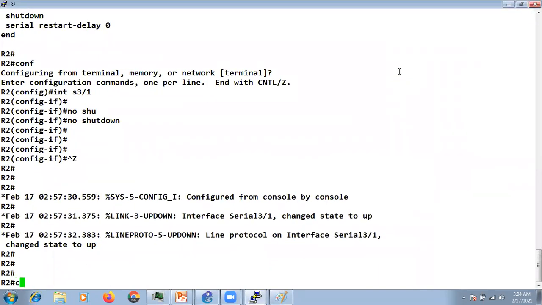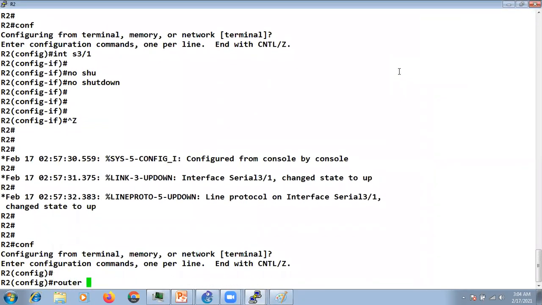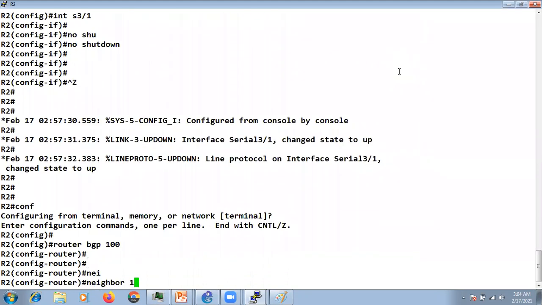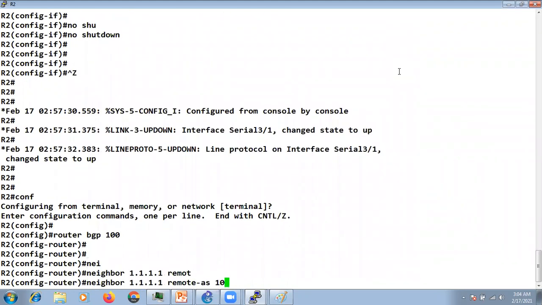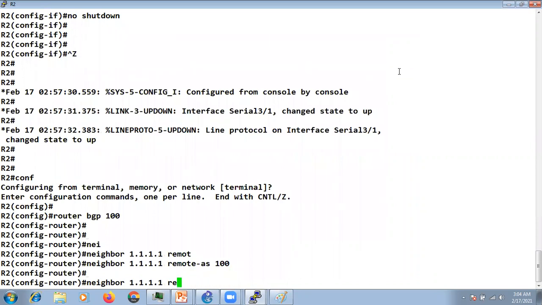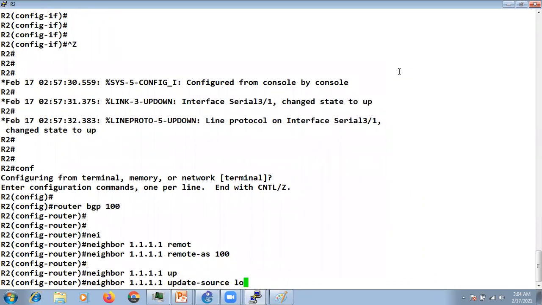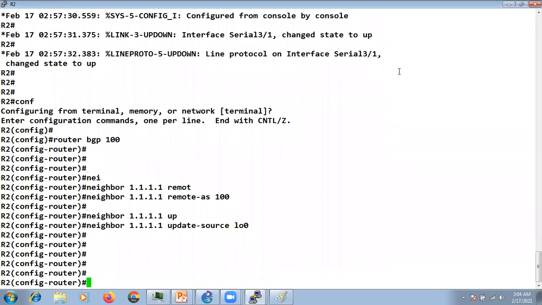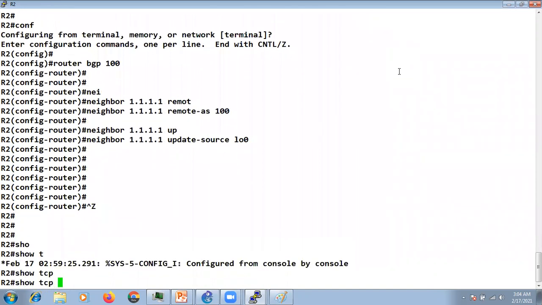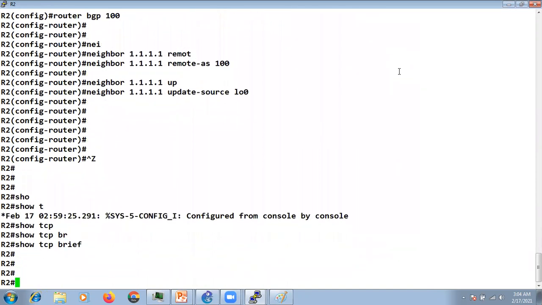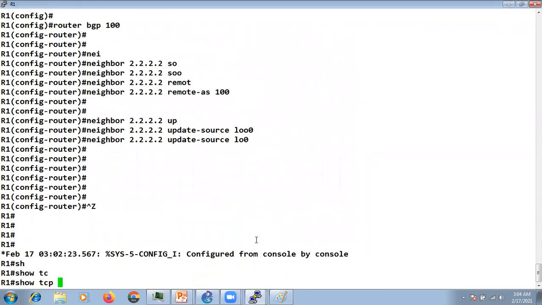Router BGP 100, neighbor 1.1.1.1, remote AS is 100, and update source is loopback 0, right? But now you can see we are not even initiating the TCP connection.